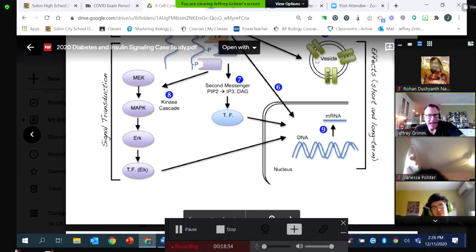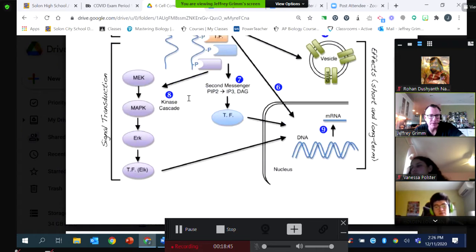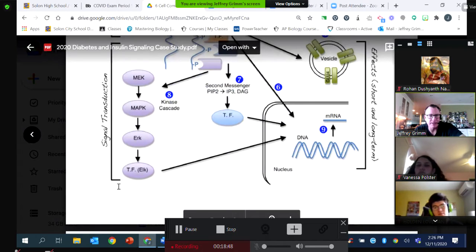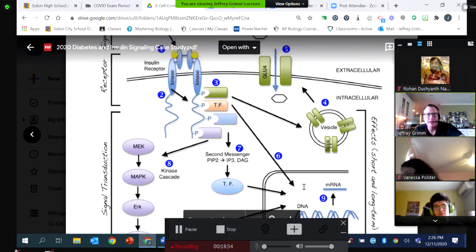All of that, the creation of more vesicles, the creation of more proteins. If I want to create more proteins, I have to turn those genes on and make even more proteins. So that's what these other transcription factors are doing. They're creating more proteins. They're allowing the cell to create more vesicles so that when the time is right, we'll have lots of vesicles that are going to be released on here, and we can even let more glucose in when the time is right.